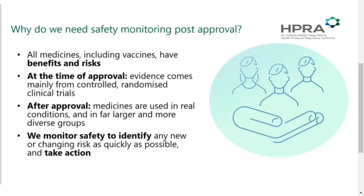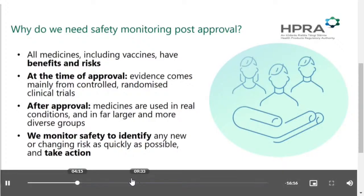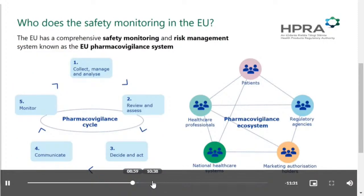Why do we need post-market or on-market safety monitoring following approval of a medicine? Well, as you know, all medicines, including vaccines, have both benefits and risks. We call this pharmacovigilance, in which health systems play a